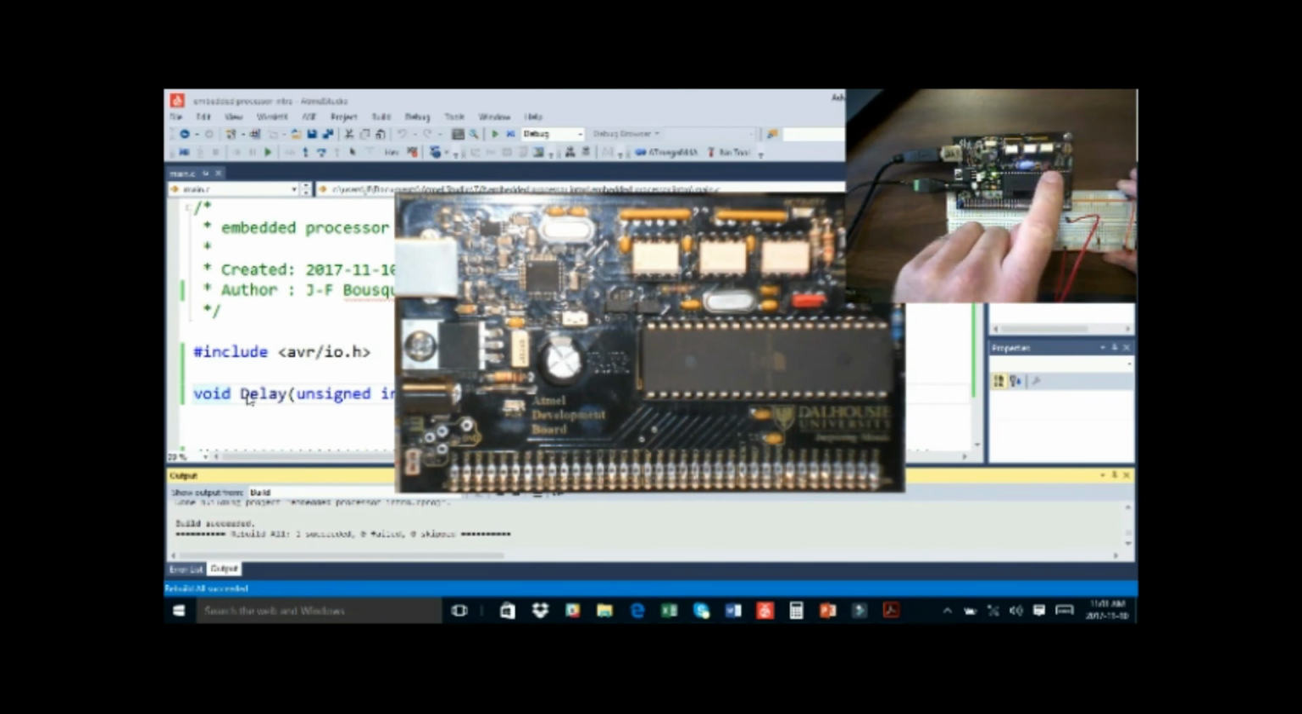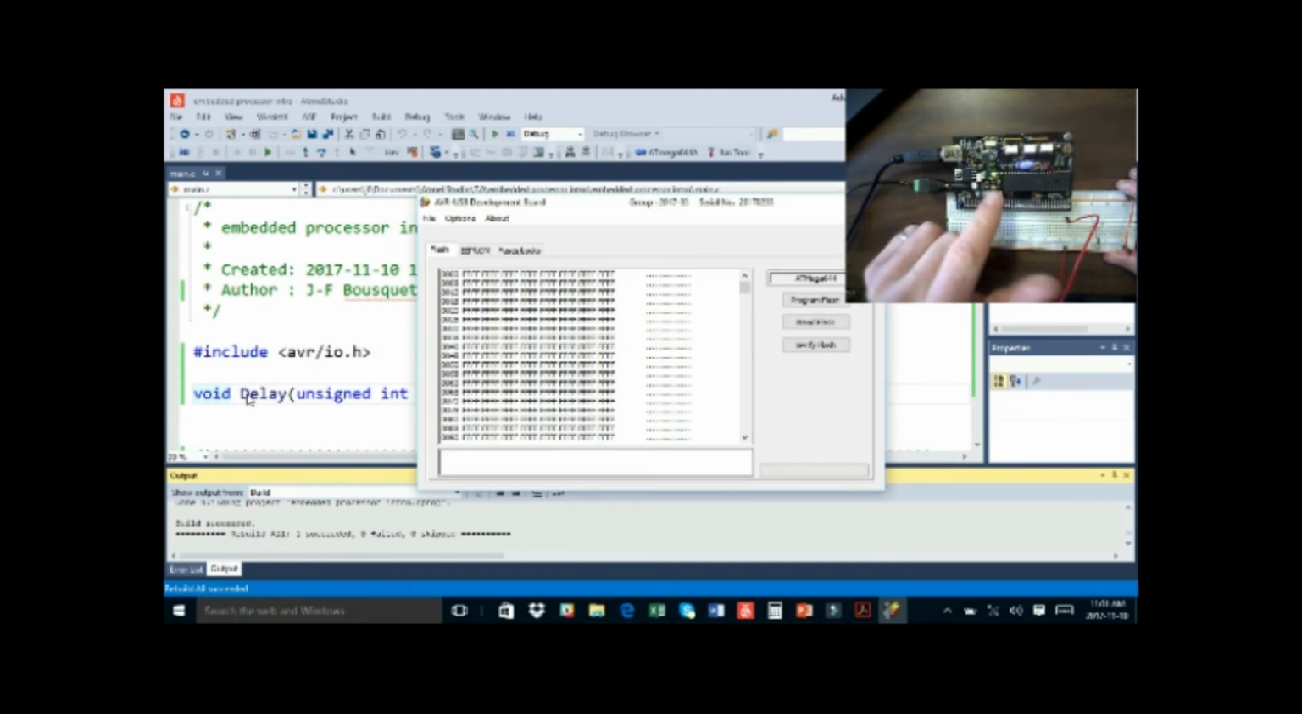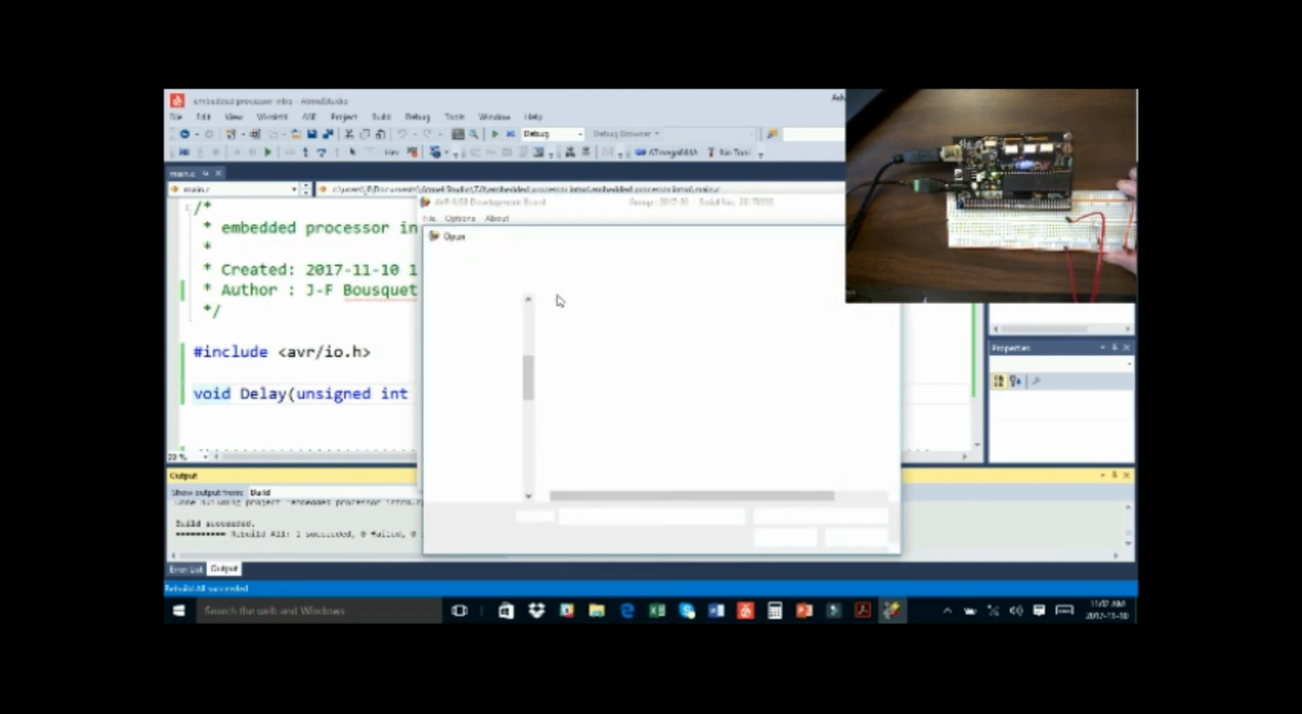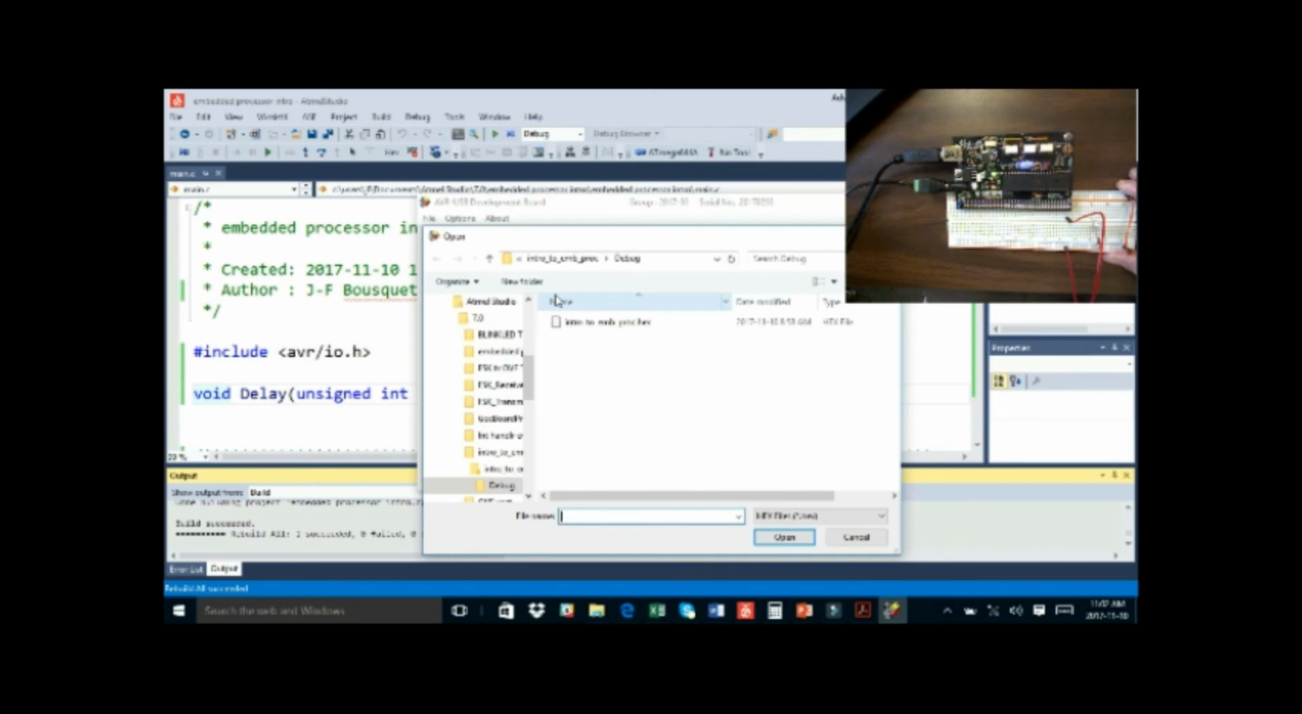The jumpers: the red jumper over here is on reset, and the black jumper over here is on SS. Not sure what it means, but those are the settings it has to be on for it to be able to operate properly. So once we've done that, the next step is for us to go and load our